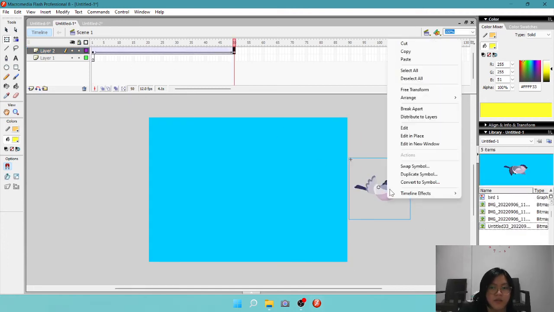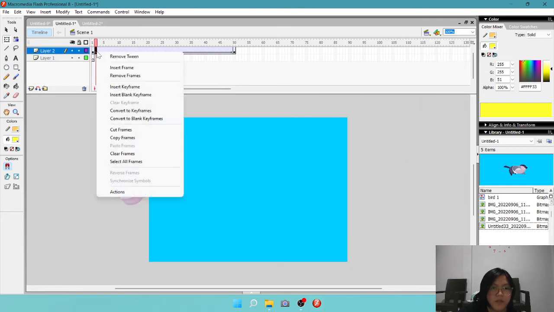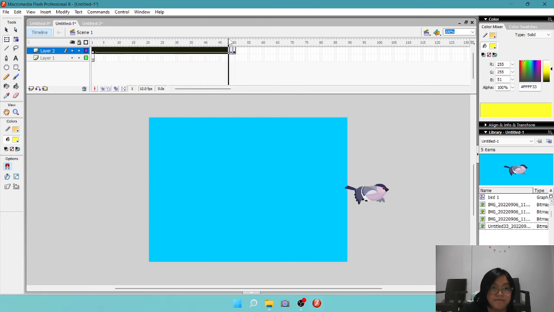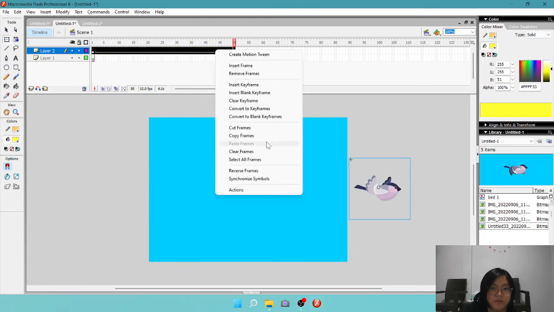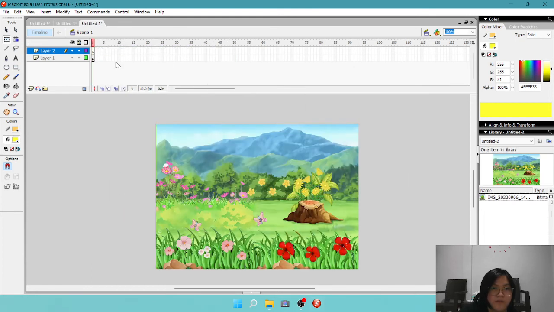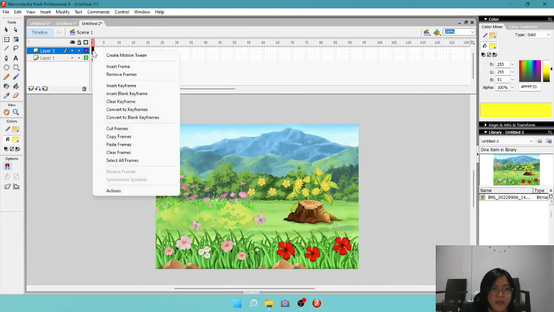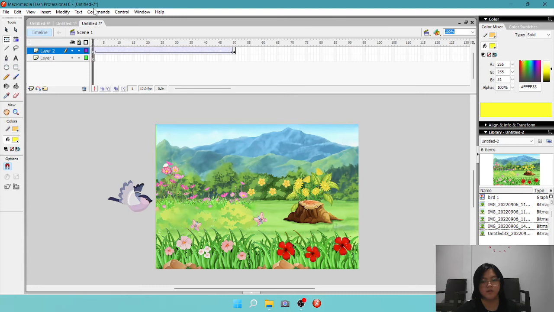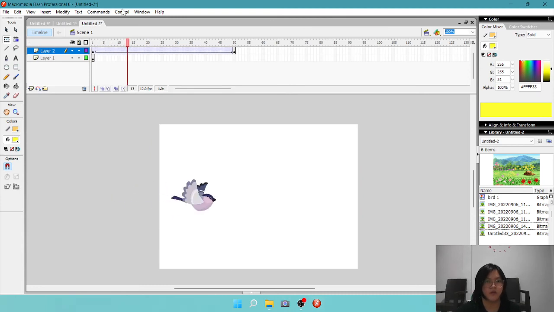We just copy the bird frames, then paste the frames.